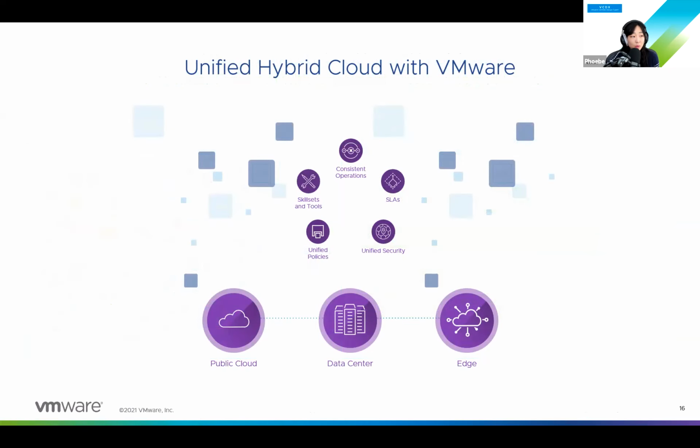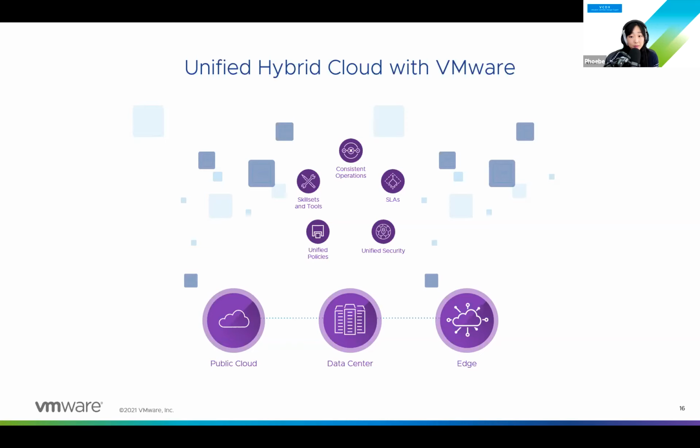So why VMware Cloud, right? VMware Cloud is trying to give organizations that unified hybrid cloud operations. That's kind of where all of our VMware Cloud services and offerings really strive to go. VMware is really uniquely positioned in the multi-cloud space, right? We're providing that choice and flexibility for enterprise organizations anywhere in any stage of their multi-cloud